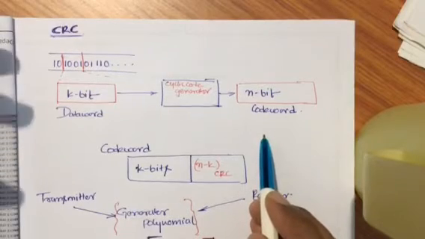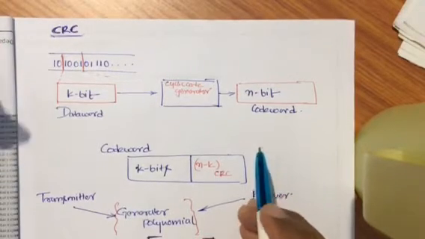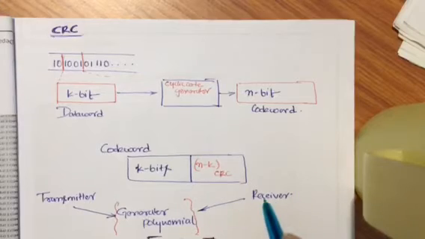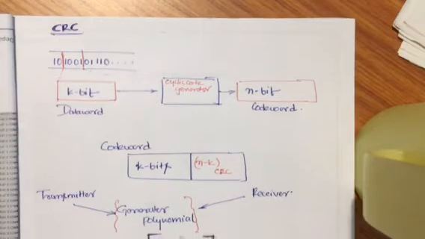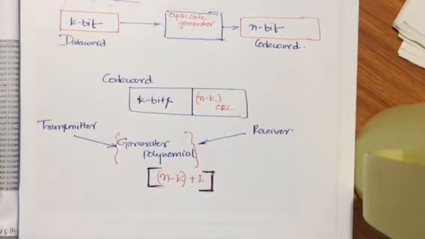So to check that, we add some redundant bits, and these redundant bits are calculated using a generator polynomial,